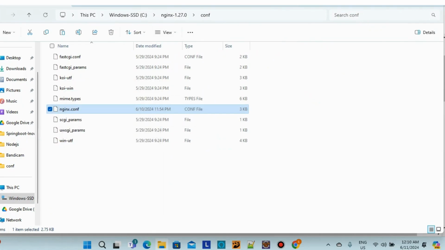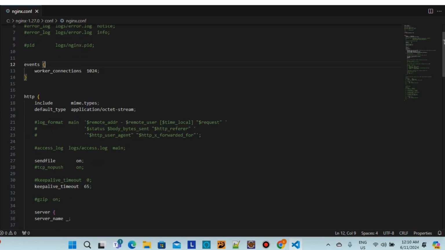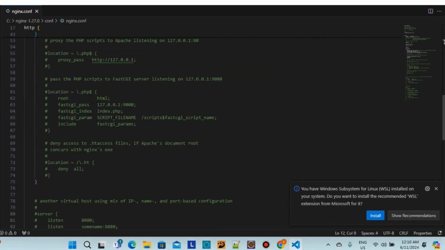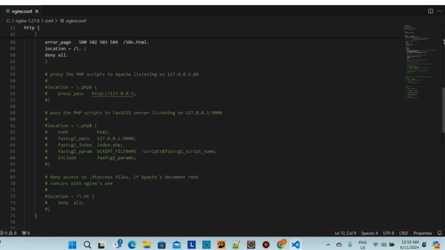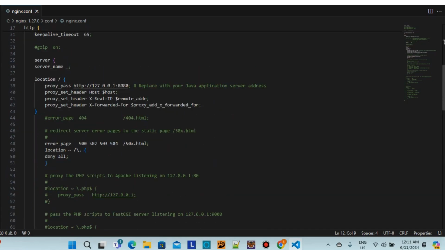So this is only one configuration file, we need to modify that. I have already changed this. If you want to configure any SSL, we can configure. You can create a certificate and then configure the HTTPS or SSL. But since it's a demo, I have not configured those things, and I have only